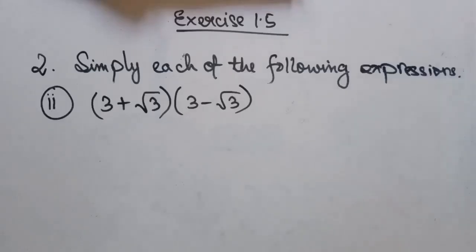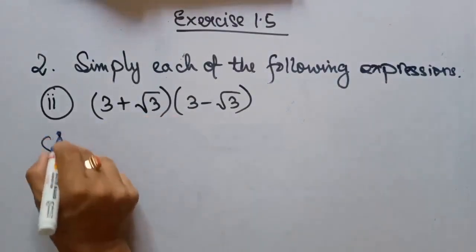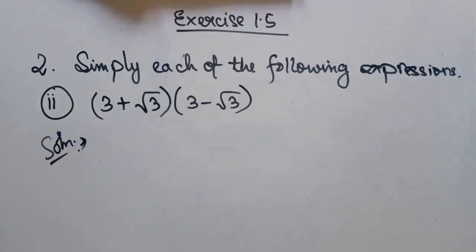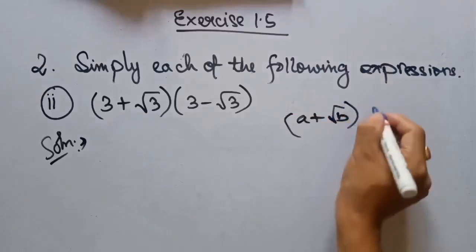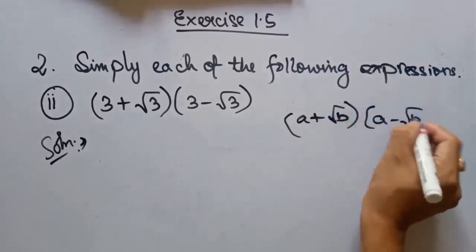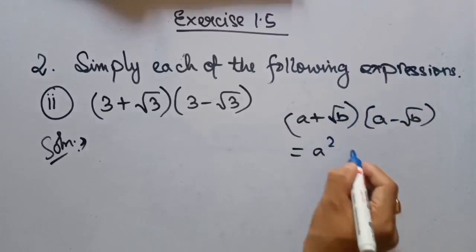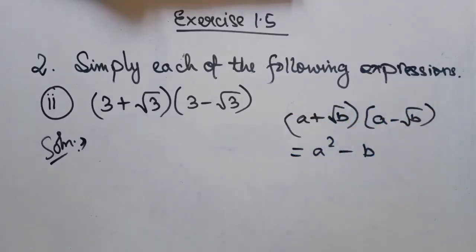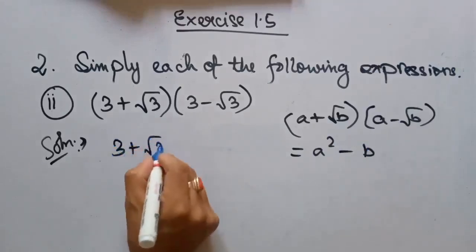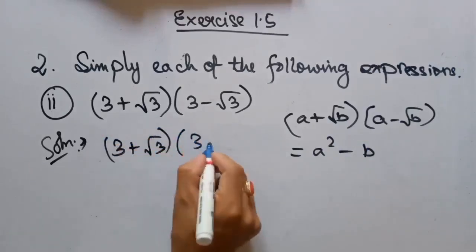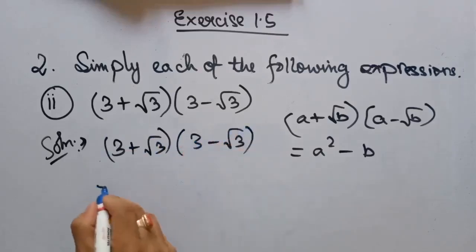So exercise 1.5, question number 2, Roman number 2. So in Roman number 2, (3 plus root 3) whole into (3 minus root 3). Here we are going to use one of the identities for real numbers, that is (a plus root b) whole into (a minus root b) equal to a square minus b. So using this identity, (3 plus root 3) whole into (3 minus root 3) equal to